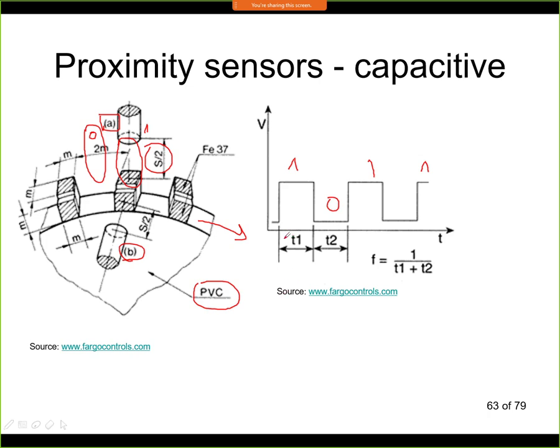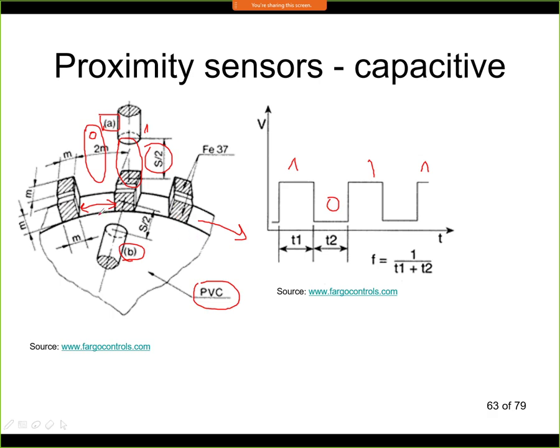So you can see here that I am able to measure time t1, and time t1 corresponds to the time when the object is visible for the sensor. If I then time t2 as well, I can time the gap between the objects like this, and by measuring the frequency, I can actually calculate also what is the speed. So if this is a conveyor belt, or if this is a wheel with teeth, I can calculate what is